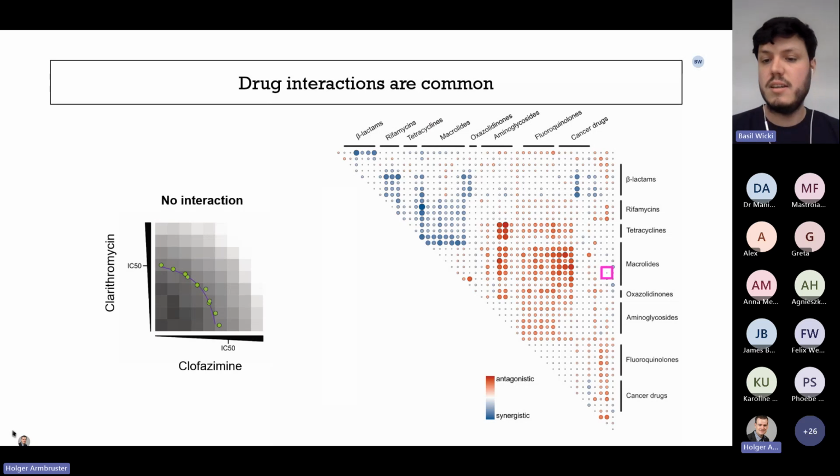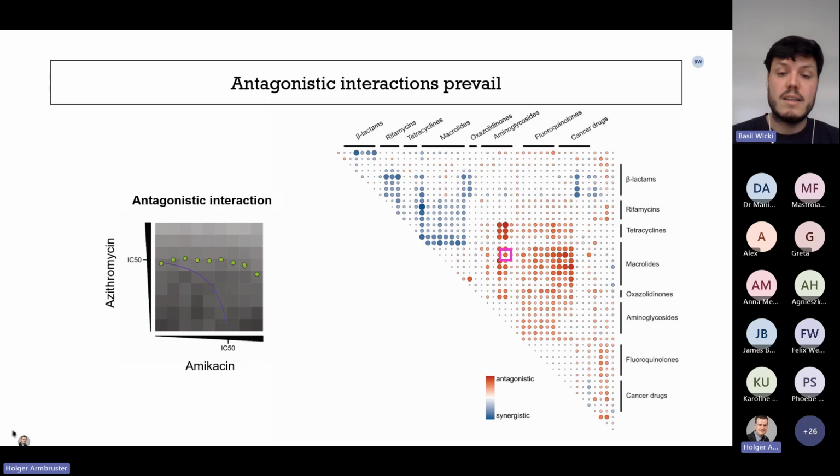And in this case, as you can see, as the green dots are on top of the purple line, I don't see any interaction. However, back to the matrix on the right side, we see that reality is quite different. Most of the measured combinations indeed show a drug interaction, and of them, again, 60% roughly show an antagonistic drug interaction, meaning that, as in this example between azithromycin and amikacin, the concentration necessary in the combination of these two drugs is higher to achieve the same effect than what we would achieve by just using one or the other